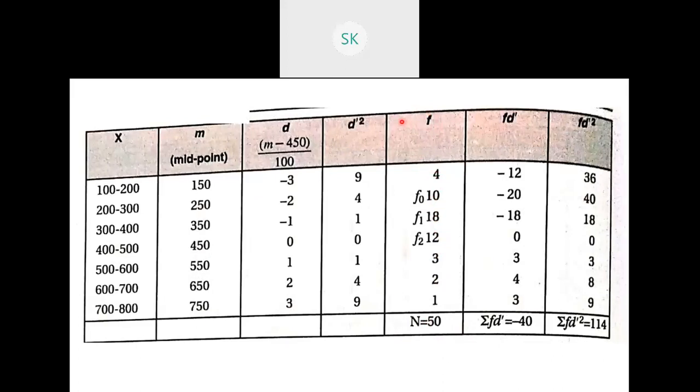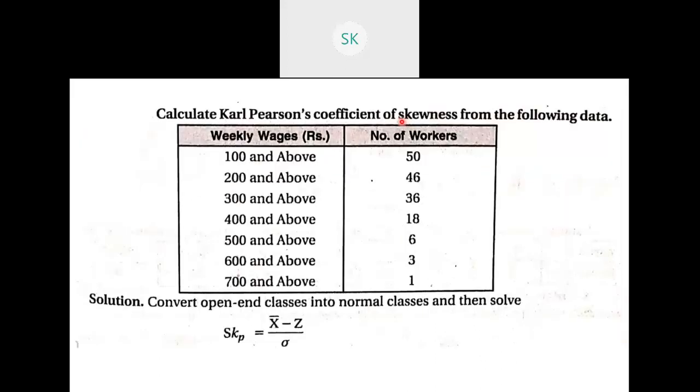So this is how we convert the open-end class intervals and cumulative frequency into normal class intervals and normal frequency. Now let us go on and calculate the further steps. Again, I'm taking the first formula only. We are not going to the second formula. First, let us start with the first formula and try to find out all the values. If in case we are not able to calculate mode, then only we will take up the second formula and solve. Okay, so let us go on to the table.